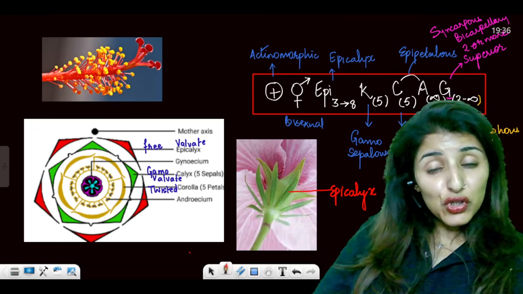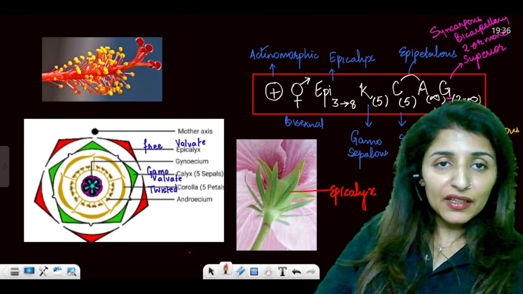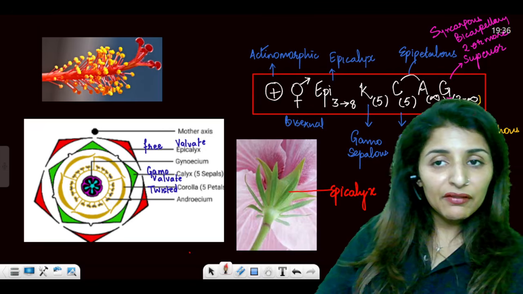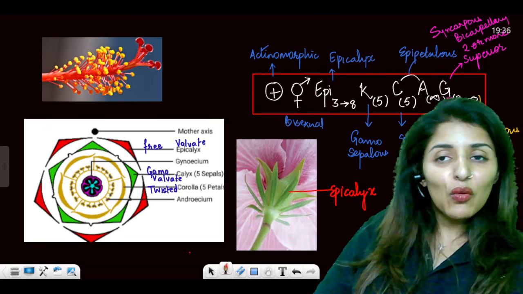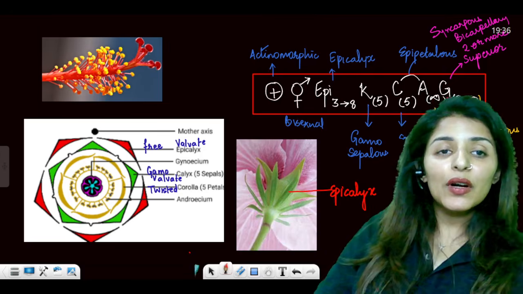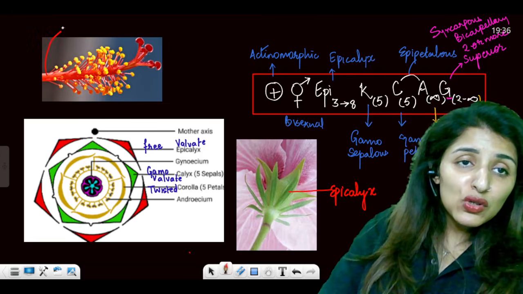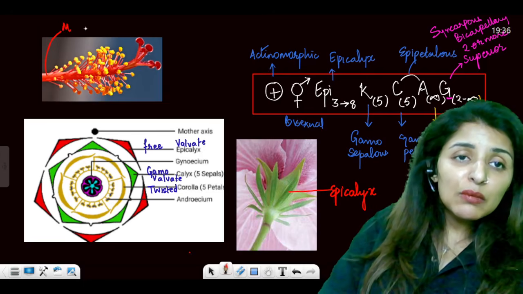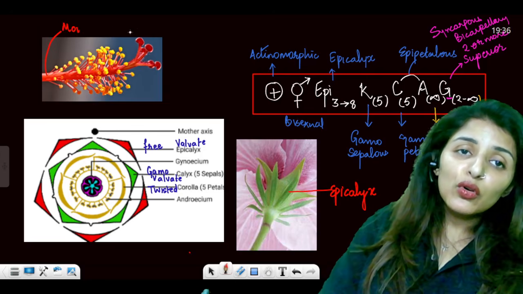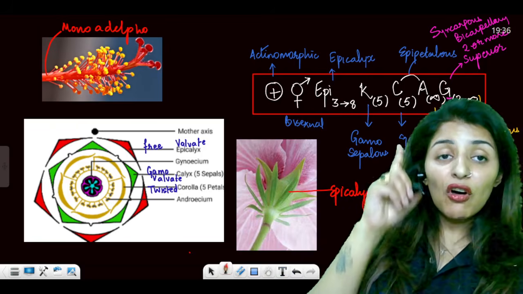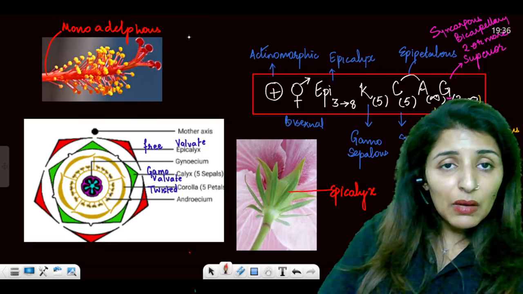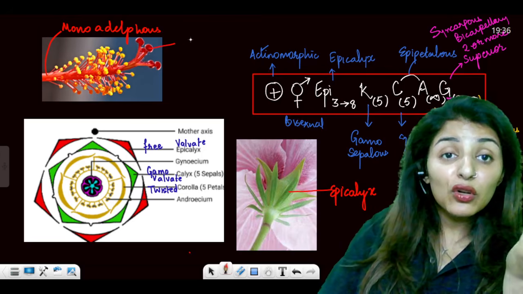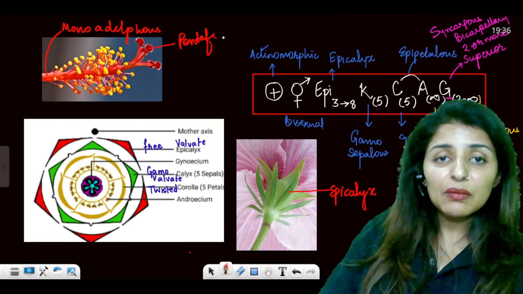Talking about the androecium. Now, androecium can be infinite. So, it's more than 10. We simply write infinity. And all of them will fuse to form one cylindrical bundle. What are we going to call it? Monoadelphous condition. See, this is what is being shown here in the diagram. This is the monoadelphous condition. So, monoadelphous condition is a characteristic of the Malvaceae family. And do you see the stigma? The stigma here is split into 5. It is a pentafid stigma, right?